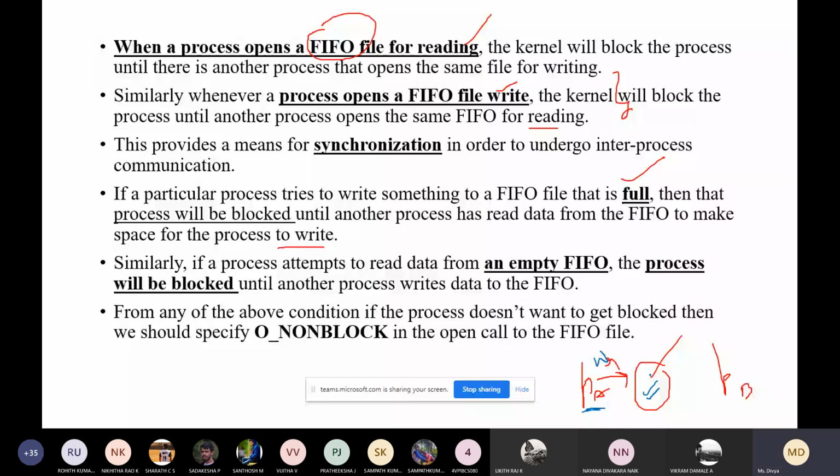From any of the above conditions, if the process does not want to get blocked, the process is getting blocked everywhere for different conditions. If the process doesn't want to get blocked, then there is a flag which we call O_NONBLOCK.